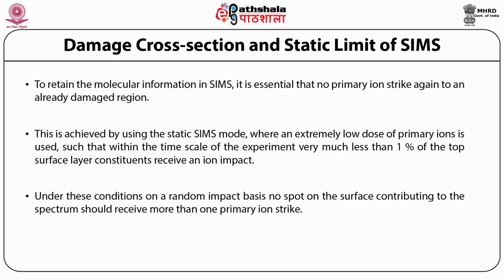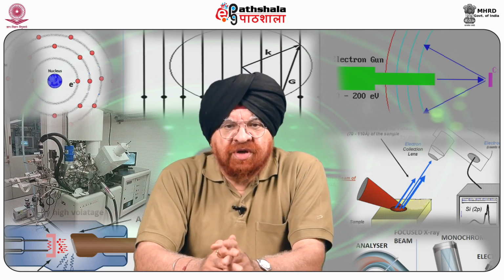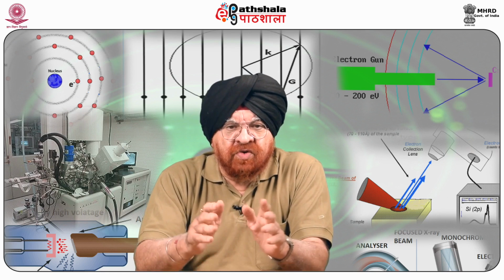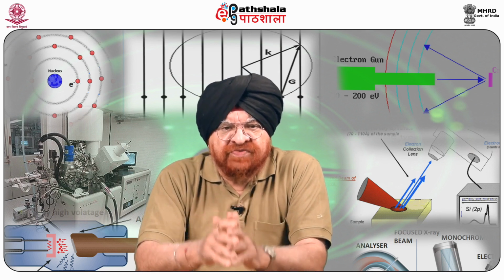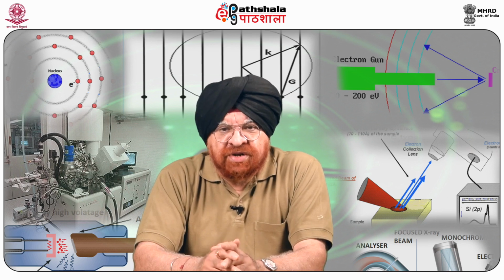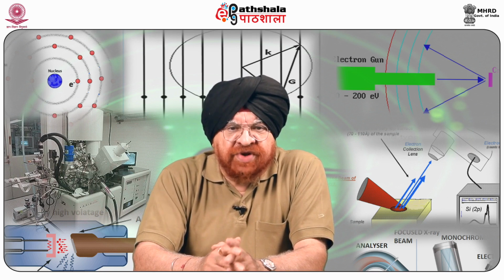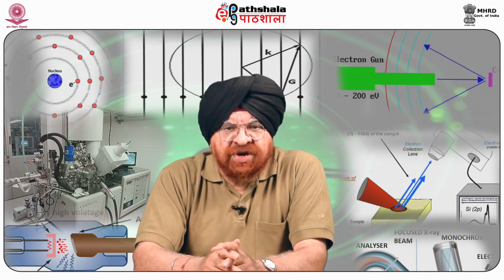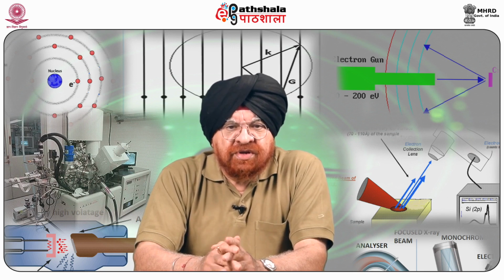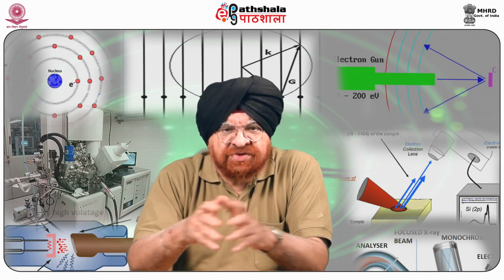primary ion strike. Well students, from the above discussion about SIMS, we can conclude some important features. These are: it is a surface analytical technique that makes use of an ion beam for sputtering and analyzing the masses of the different ions that are of interest among the sputtered species.